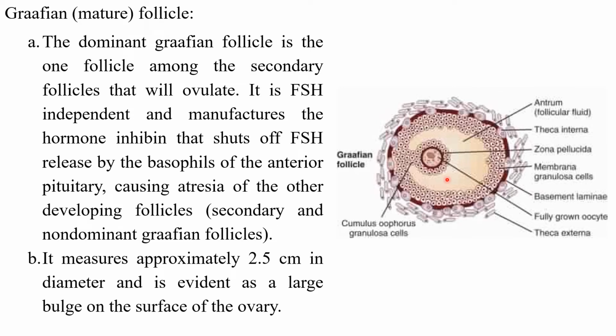That means a programmed cell death will be activated in them, causing the death or degeneration of other follicles. This is just to reduce the competition among the growing follicles. The fully mature Graafian follicle measures approximately 2.5 centimeters in diameter and is evident as a large bulge on the